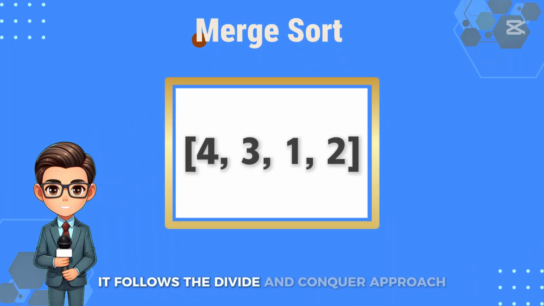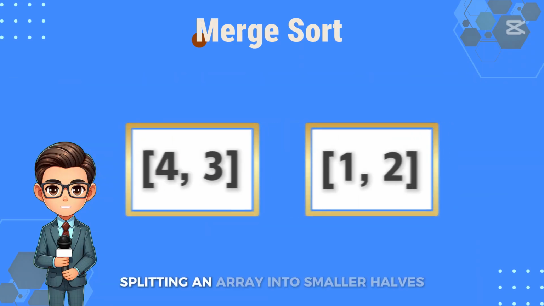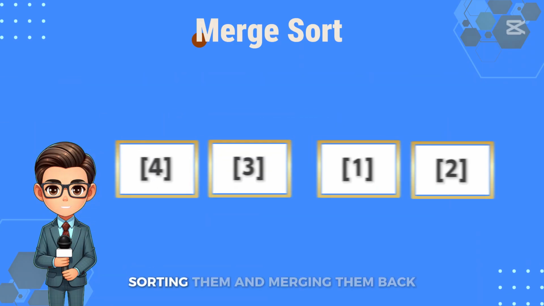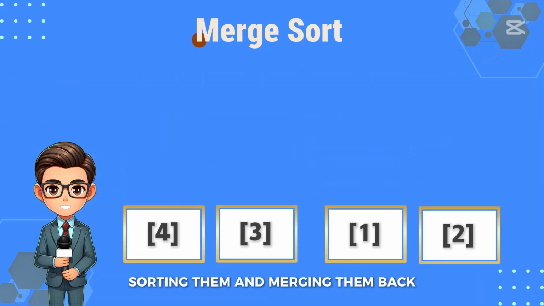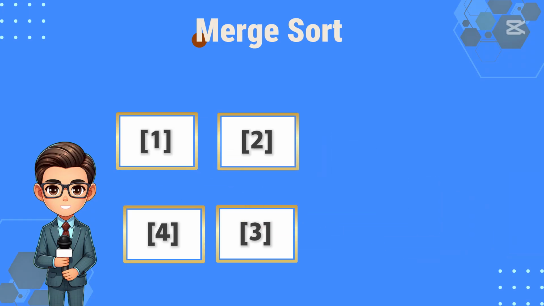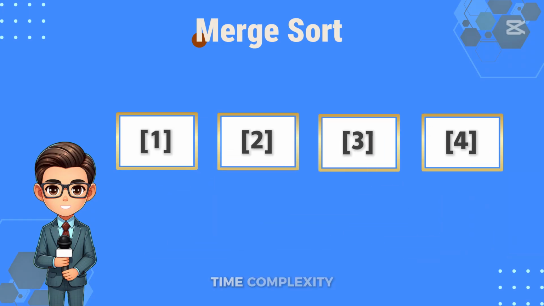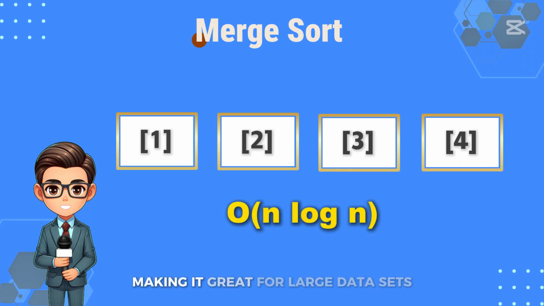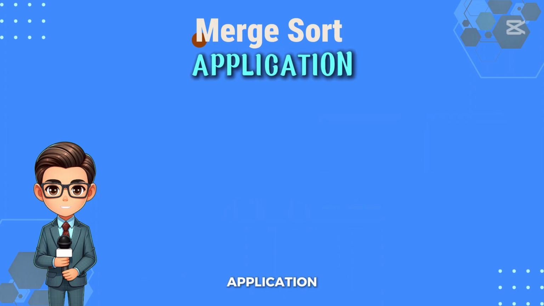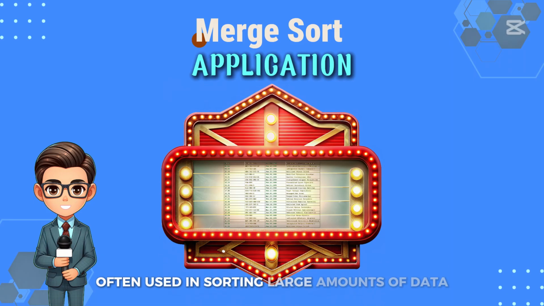It follows the divide and conquer approach, splitting an array into smaller halves, sorting them, and merging them back. Time complexity? O(n log n), making it great for large datasets. Used in external sorting, like organizing huge files on disk. Application. Often used in sorting large amounts of data, like organizing a long list of movie titles alphabetically in an